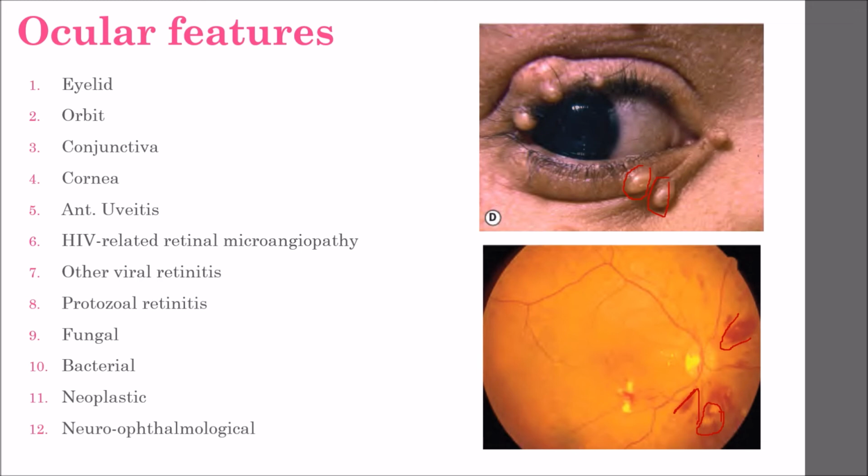Neuro-ophthalmological presentations are usually secondary to meningitis or encephalopathy due to opportunistic infection, for example, toxoplasmosis, cryptococcus, neurosyphilis, or neoplastic process such as CNS lymphoma. So there is humongous involvement of ocular structures in AIDS, and